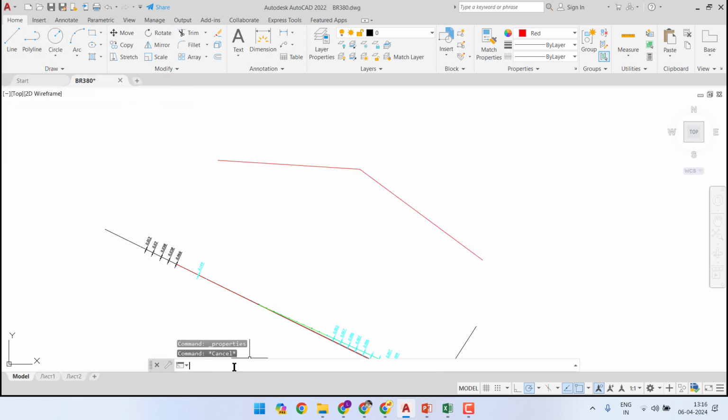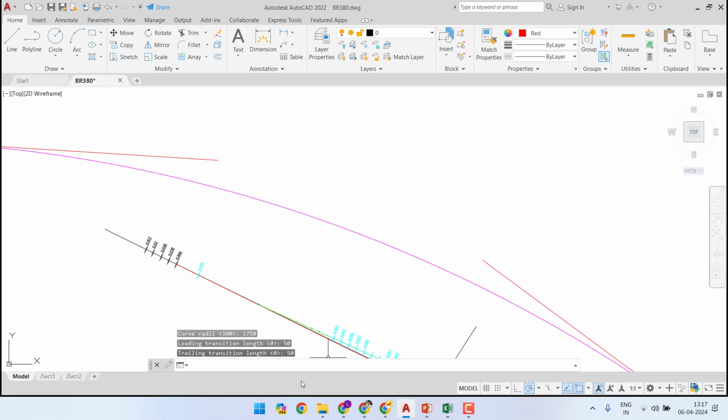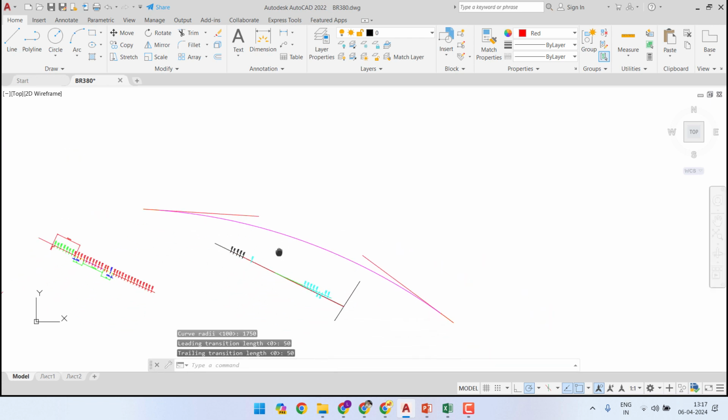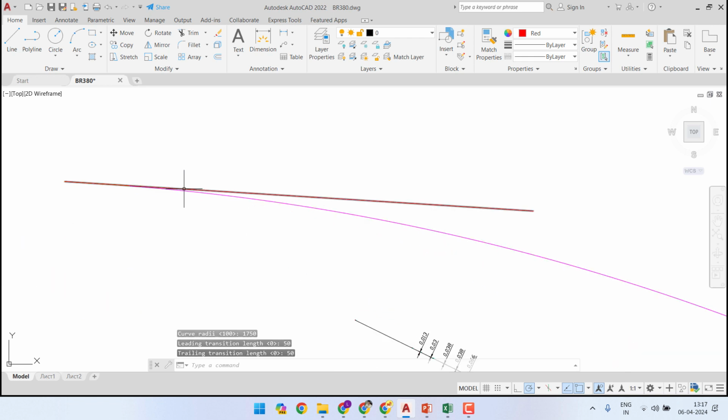Then we will load the FSPI command. We will select the first tangent, we will select the second tangent, and let the curve radius be, for example, 1 degree to 7.50. Transition length, let us take it as 50 meters, and here you go. So this is the curve that it has drawn,